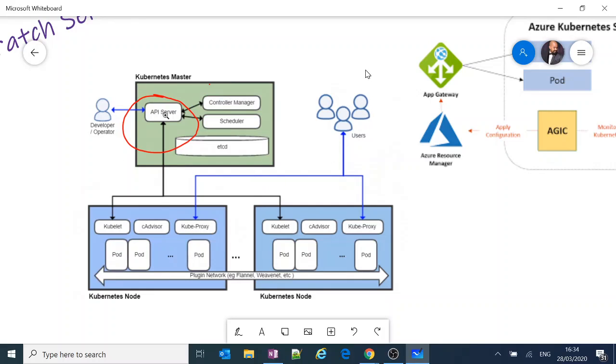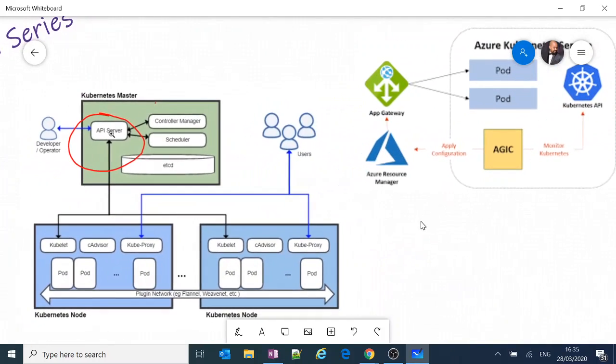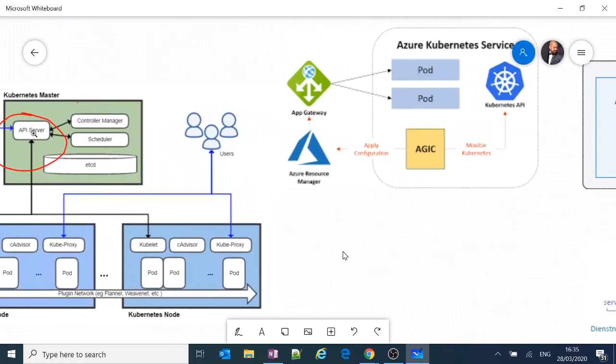And the users directly, as I said, come through the app gateway or the external load balancers. So this is how the users are coming to your kube-proxy, and the kube-proxy or the ingress is what you define. They would come through that. So ingresses would also work with your kube-proxy. The requests would come to the kube-proxy, and then would be redirected to the pods with the use of ingresses. So in our series, we would be using nginx, which is widely used to configure our ingress controllers and ingresses and reroute the traffic.